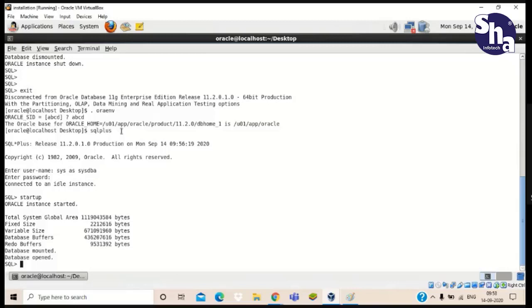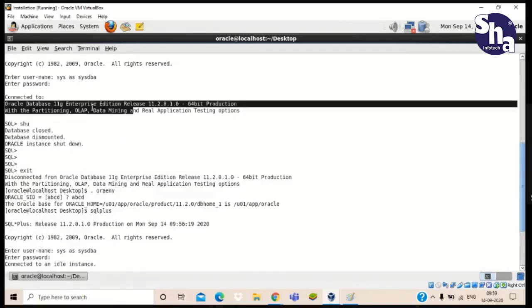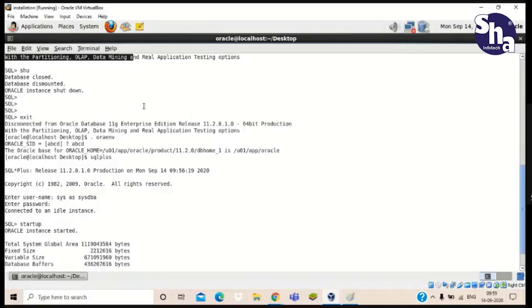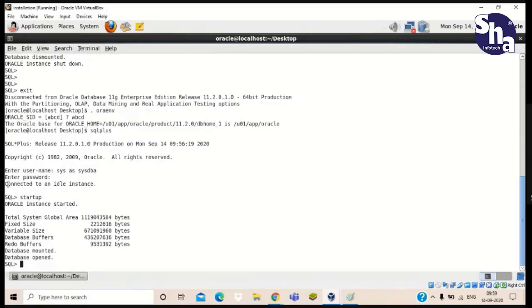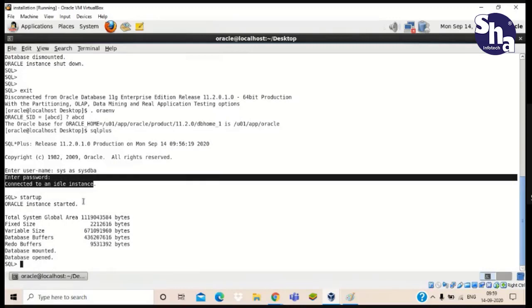So, if while giving sysdba and password it does not give us any error and says it is connected to an idle instance, that means it is giving Oracle Database 11g Enterprise Edition, something like that. That means our database is in open mode, the background processes are running correctly, and memory allocation is also given to all of them. That means we don't have to give startup. Only if that option is presented do we have to give startup. Otherwise, no need to give startup.